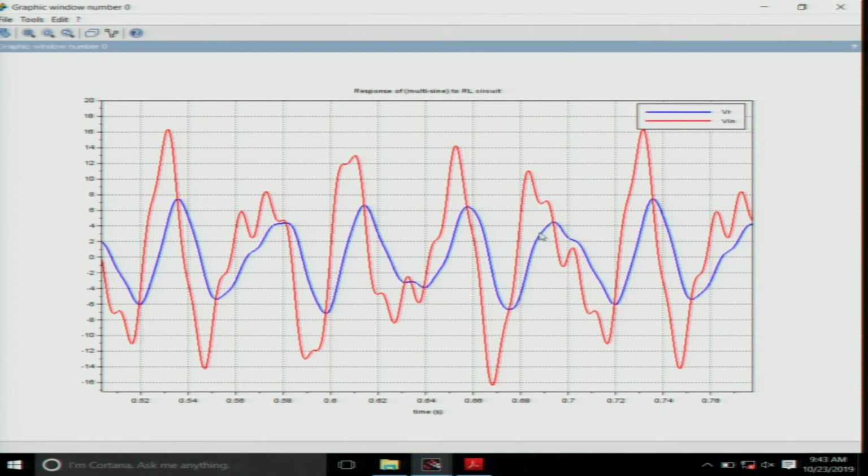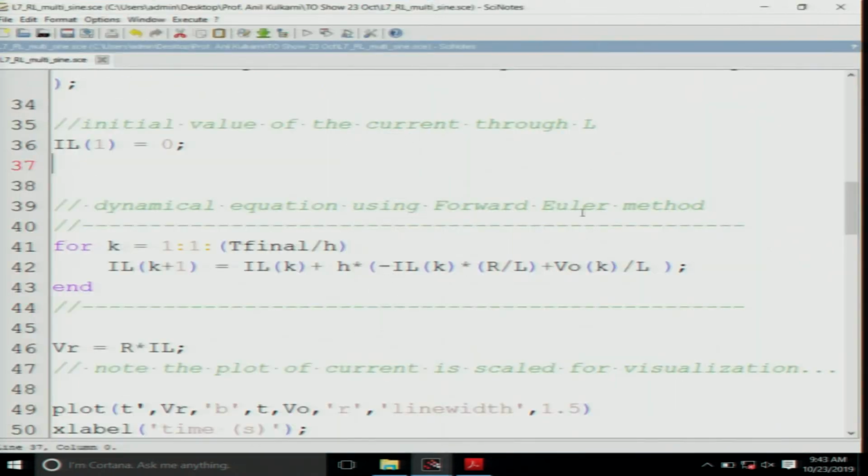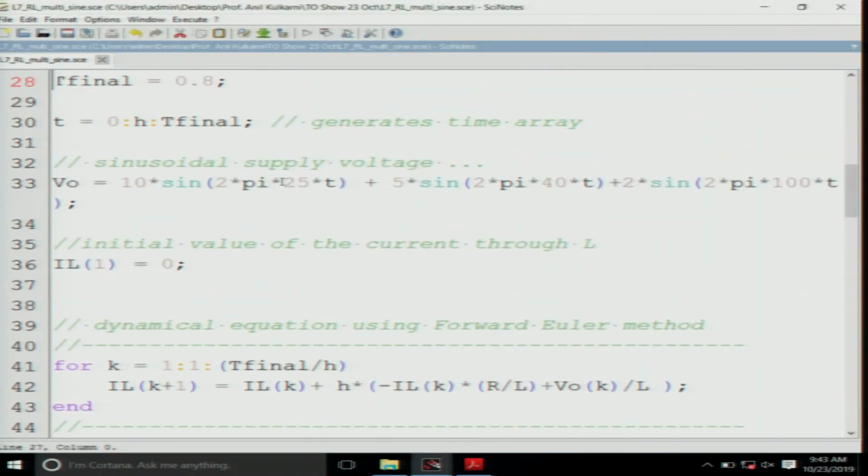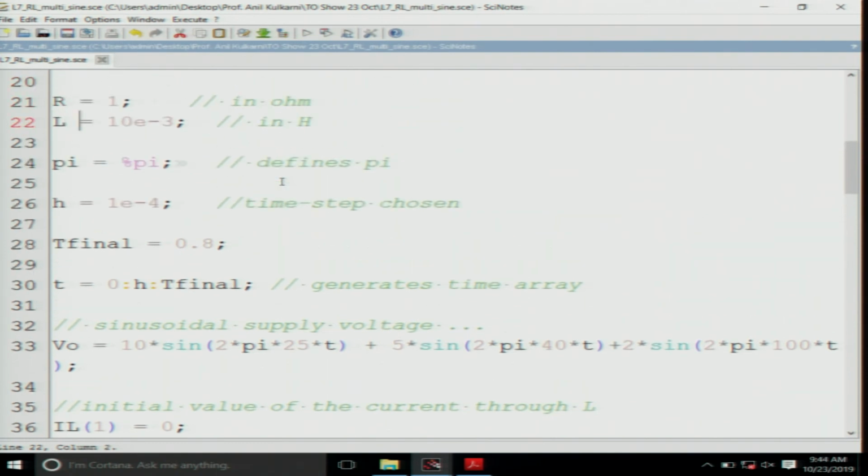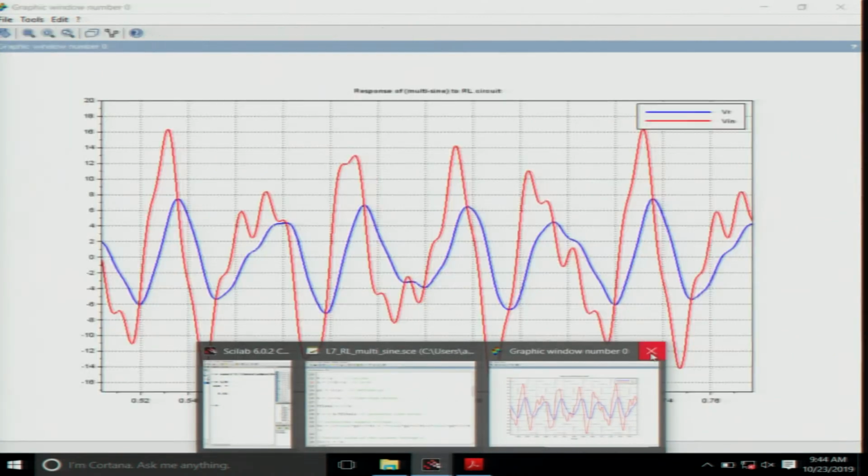Okay. So in fact if I take L by R to be some other value, for example, can you just make the L much larger? Maybe if you make this L 100, so I have increased the time constant. Now I have increased the time constant, the cutoff frequency has in fact got lowered, and now you will find